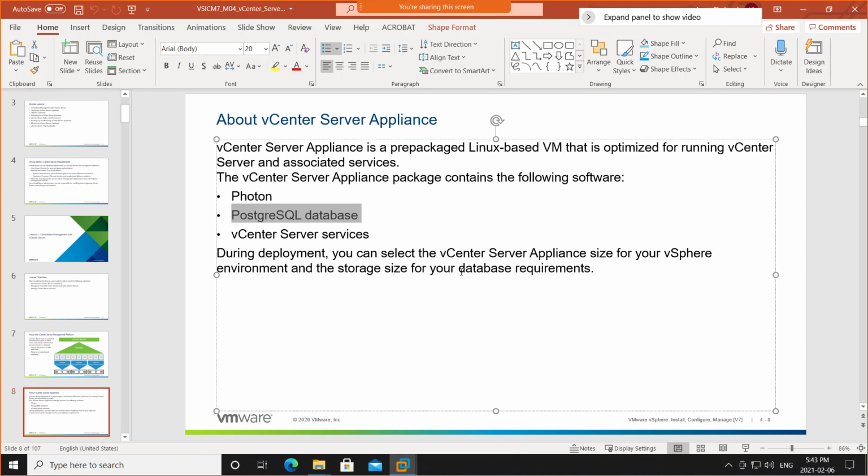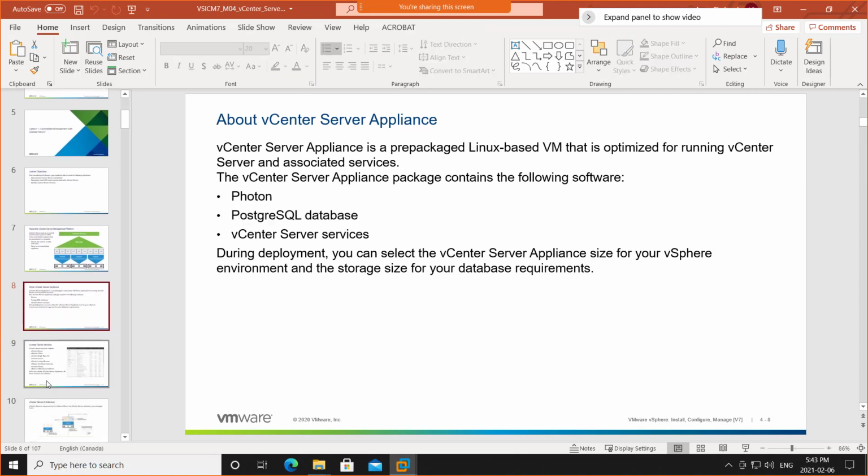During deployment, you can select the vCenter server appliance size for your vSphere environment and the storage size for your database requirements. So if you're a big organization, you can go for, as you already saw, tiny, medium, large, or extra large installation. According to that, we can get the hardware as well. If we go further here,